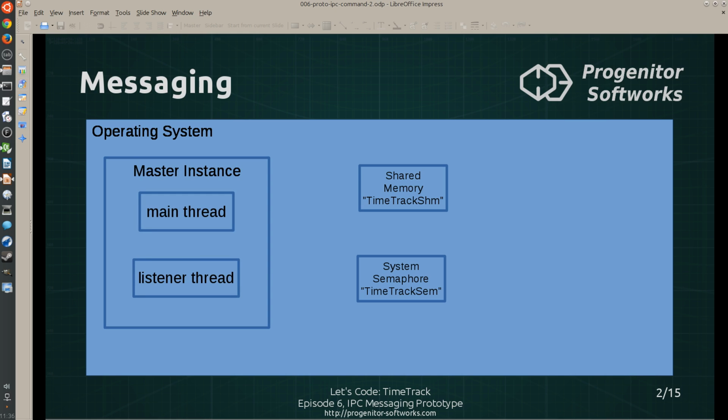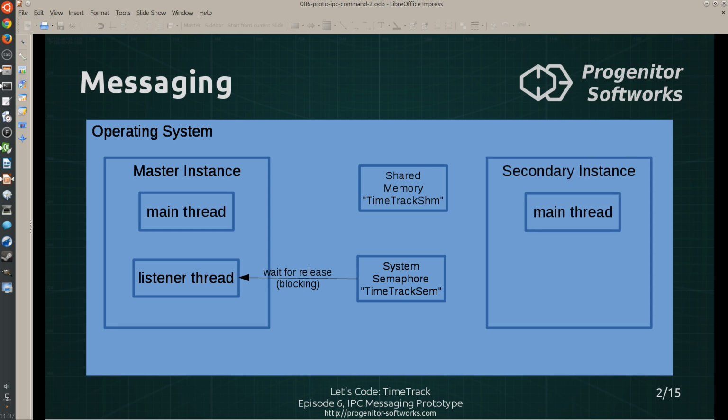The master instance starts up, and from the main thread it spins off a listener thread. The reason for this is that the semaphore acquire function is a blocking function, and the main thread, or the main application for the main instance, should show any message that is incoming. It should also stay interactive and not lock up the UI. So I put the locking part into a separate thread, and this can wait there until a message arrives and